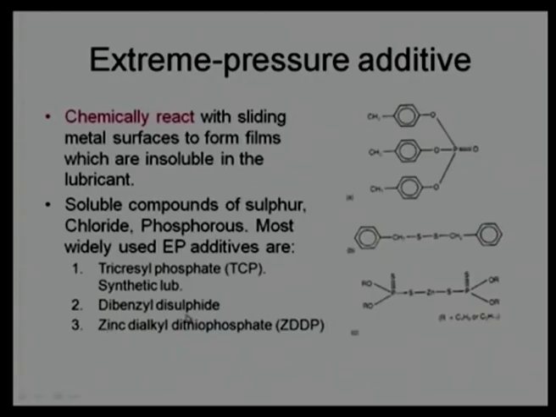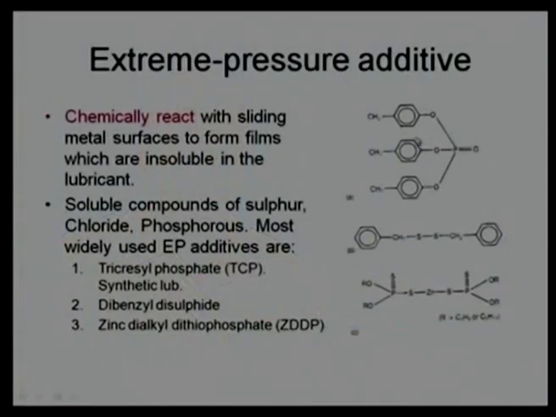dibenzyl disulfide, and the one most commonly used in engine oil, what we call ZDDP, zinc dialkyl thiophosphate. It has a phosphate, and it has zinc also. Zinc is one of the very good anti-wear additive metals, right. The chemical structure is also shown over here. They have a bond over here which can act with the surface and make